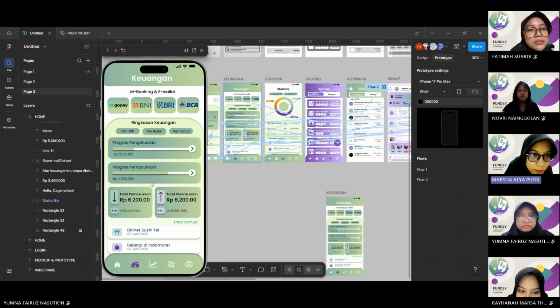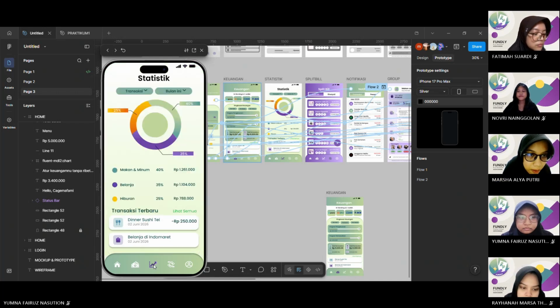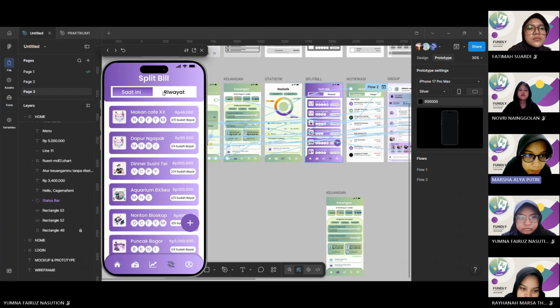You can see the M-Banking wallet transactions and others, and then we click the statistic. It moves to the statistics page, and next the split bill. We display all of the split bills like this, and next the profile.